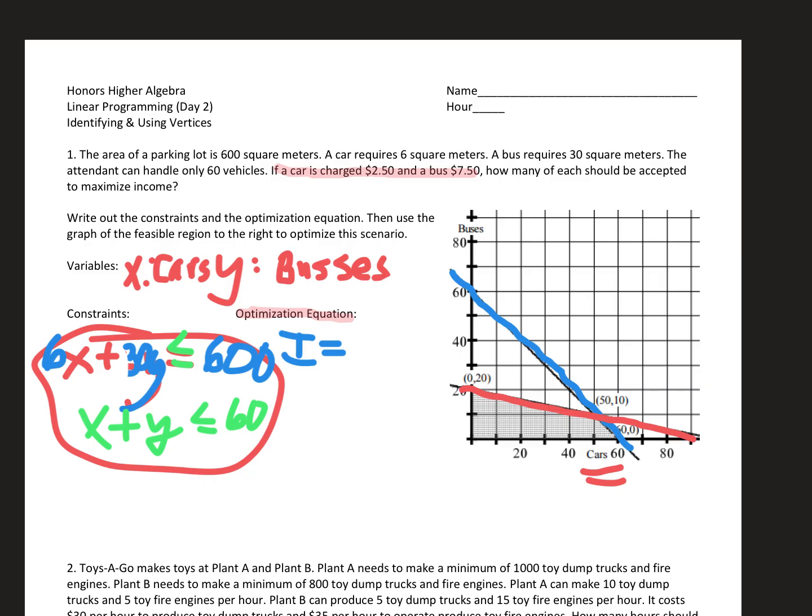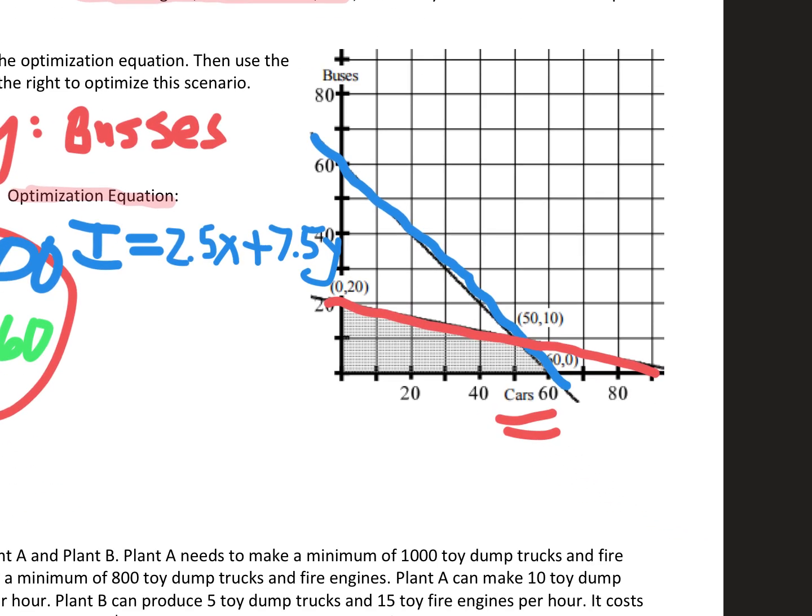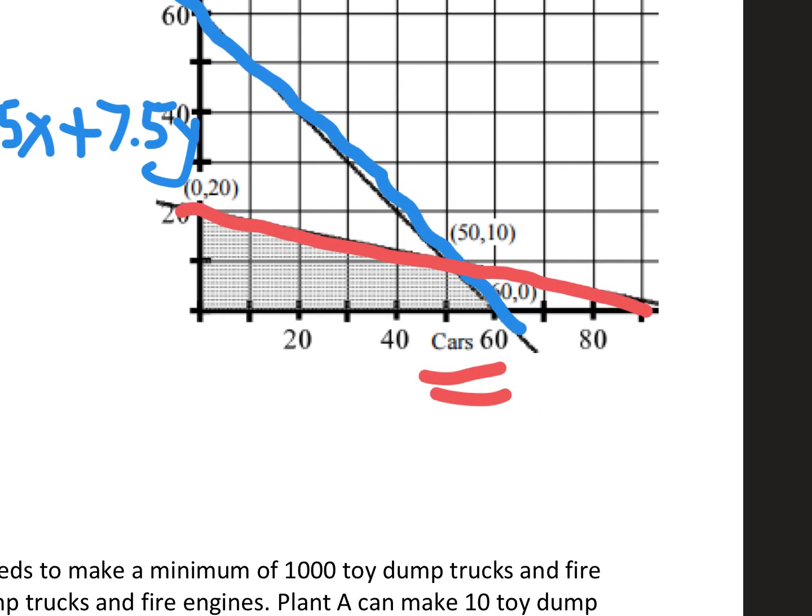Talk to the kid next to you about what you think that the rest of that equation is. 2.5x plus 7.5y. You are correct. Raise your hand if you had that one right. Awesome. Okay. Now, do you remember me telling you that all of the things in the shaded area are feasible,